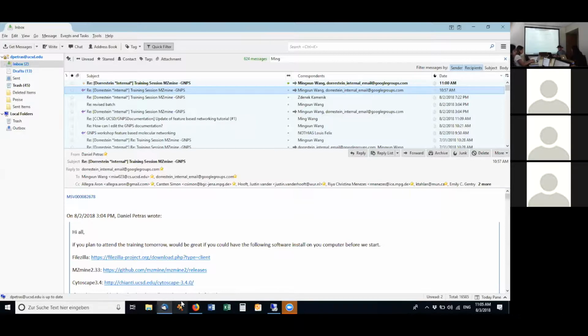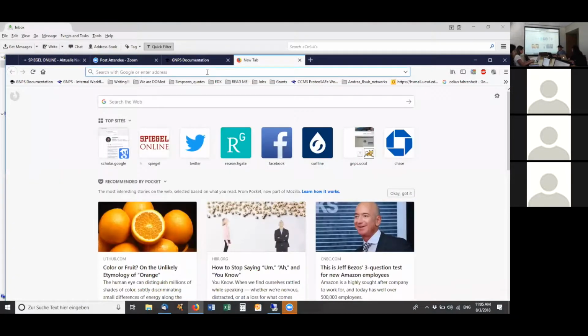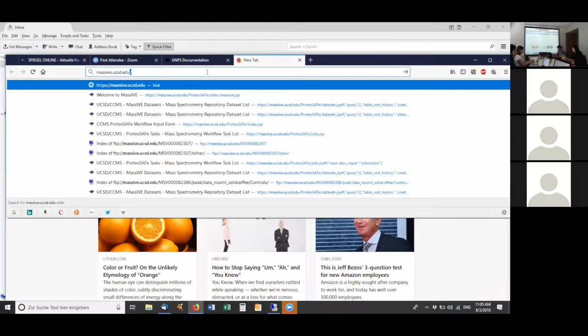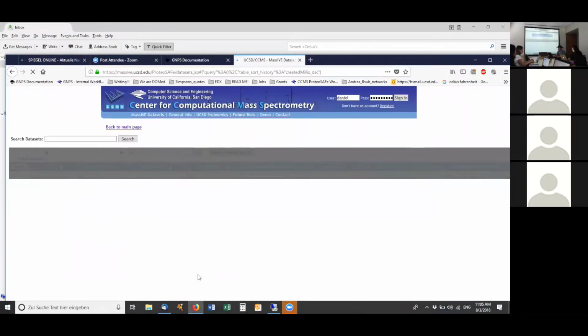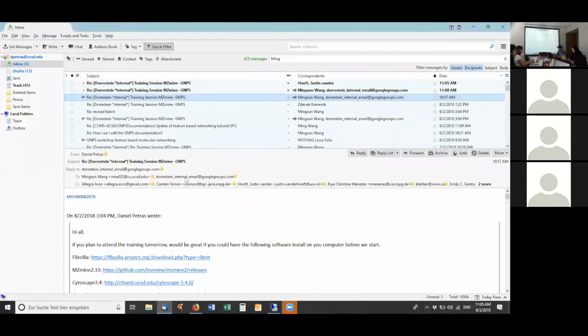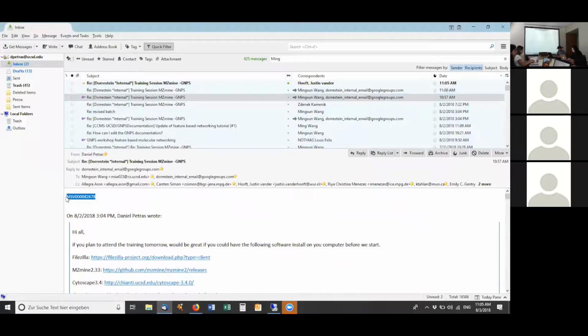If you want to first get some information about that, you can just open your browser and go to massive.ucsd.edu, and if you go here to access public datasets, browse publicly available datasets, you can search by this MassIVE number I emailed you. So if you take this number,